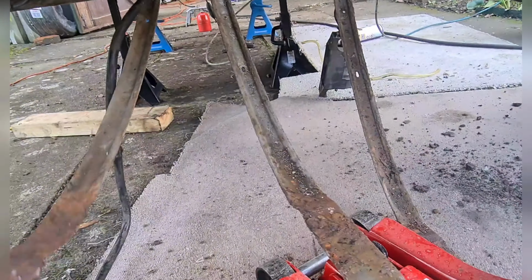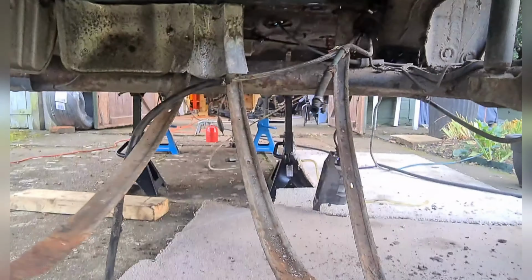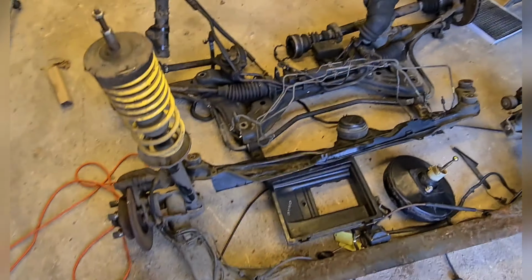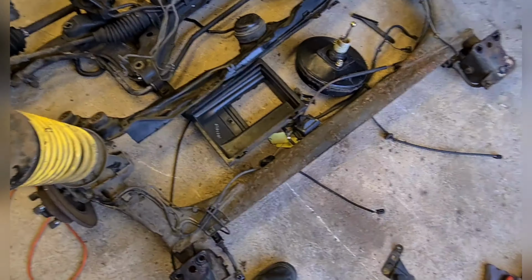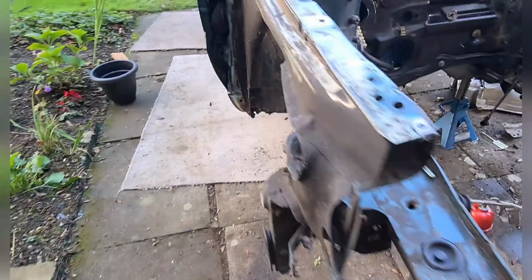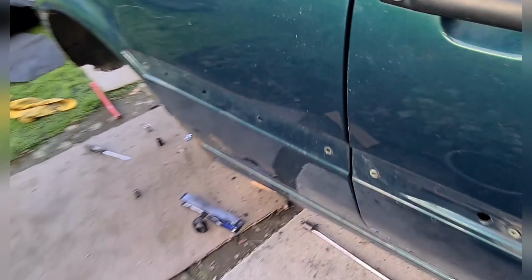Then we've got this big old gap here. Now we can look at getting the subframe out, the rear subframe. Nice. That, as you can tell by my breathing, is the rear subframe out. Big old unit. Came all out as one. I took the fuel tank over there out, I think I showed you that. But now underneath here,